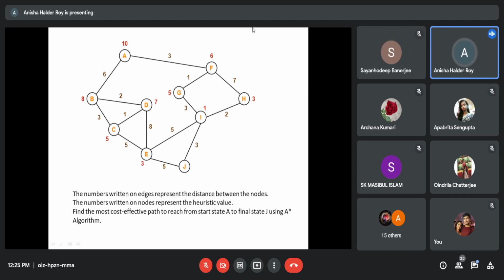Yes. So first, which one should you follow? Tell me. Now you have understood this, tell me. Two successors or two paths are there, A to B and A to F, right? You have to take the heuristic and the cost of these two paths and sum them. 10 plus 6 is equal to 16. 10 plus 3 is equal to 13. 13 is lesser than 16. So you have to follow this path first. Right? Yes, ma'am.